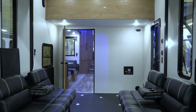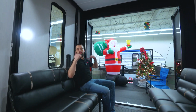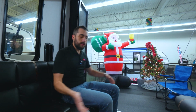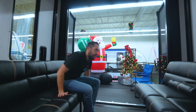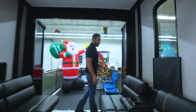These fold up, and these actually will fold down and make into a bed, and our top bunk will come down. So these, whenever you have your toy in here, will fold up against the wall, so you're able to fit it in. You're not just fitting one little motorcycle through here. Guys, with this big garage, we're fitting some big toys. Other than that, guys, there are so many packed features. If you take a look right here,